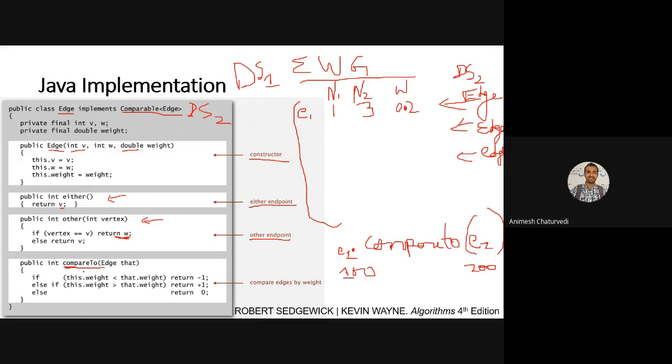It will compare 100 with 200, so it will return -1. What does that mean? It means E1 is smaller than E2, meaning E2 is greater than E1, and -1 is returned.